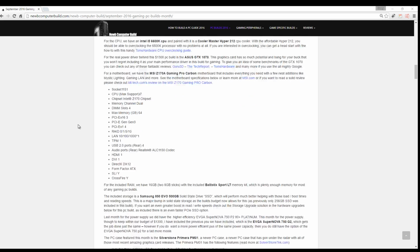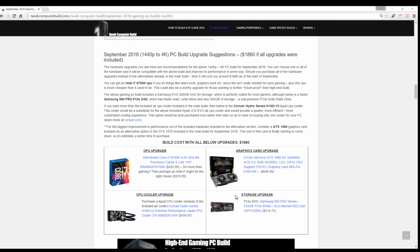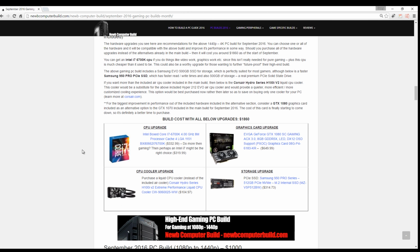Should you have a little bit more cash to indulge into this build, here are some alternatives. I put the total cost here, $1,860 if you did include all this instead of the hardware in the build. But without further ado, we have the CPU, the i7-6700K. If you do more than gaming, you could consider this. It's also overclockable. All you have to do is swap it with the 6600K if that's what you wanted to go with. You can bump it up to a GTX 1080 graphics card, such as this EVGA GeForce GTX 1080,